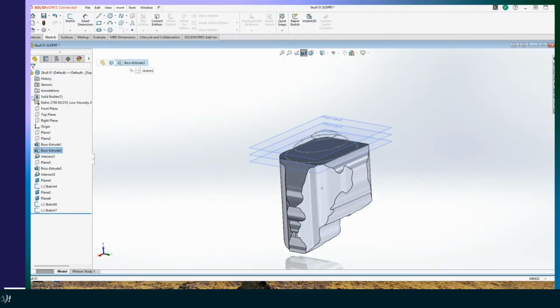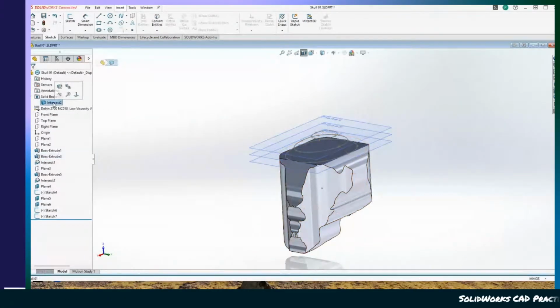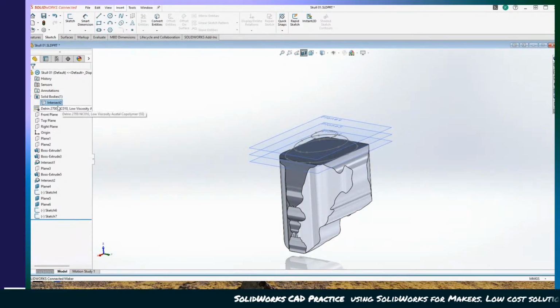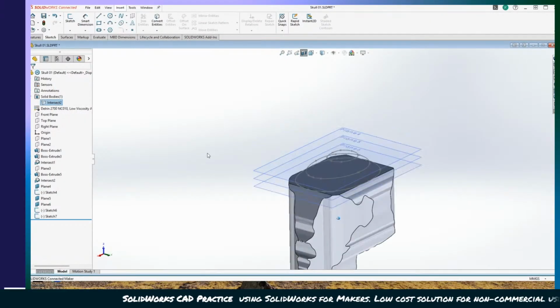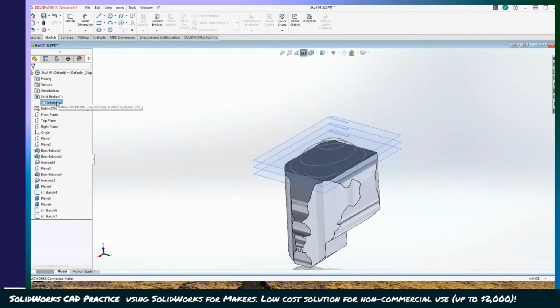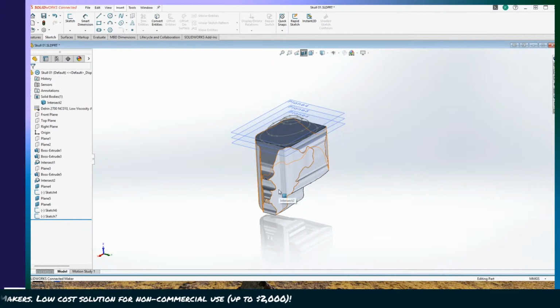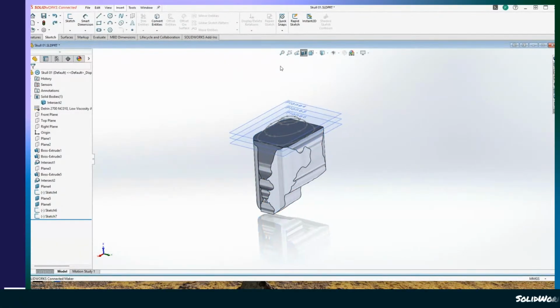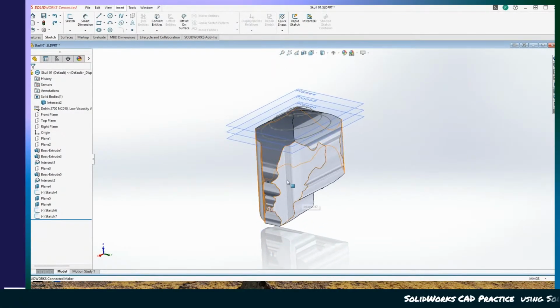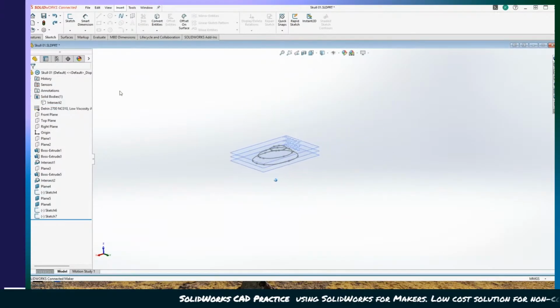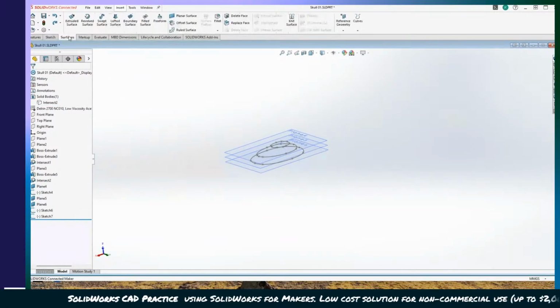Where is, oh, the solid body. I'm going to turn this solid body off for a second. Hide it. Why didn't that hide it? I'm not sure. Is it because I have that on? There we go. So now I'm going to try surfaces, and I'm just going to create a